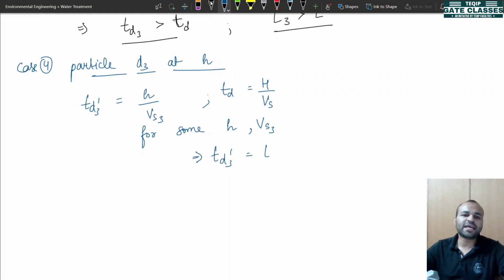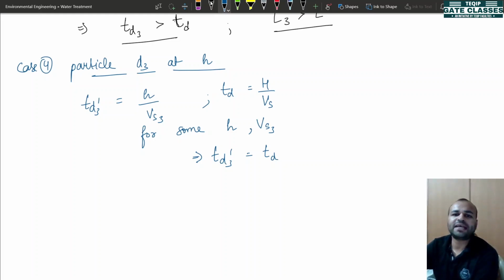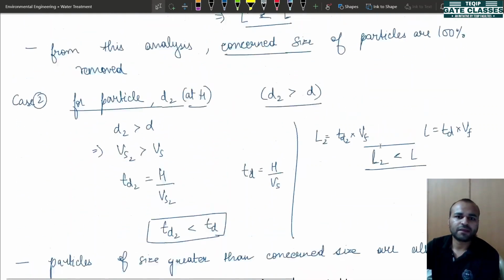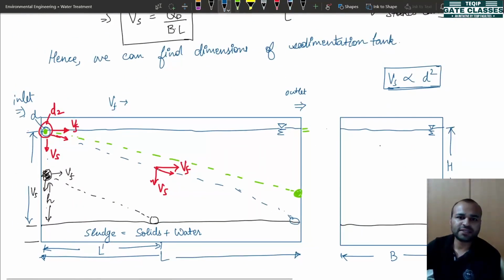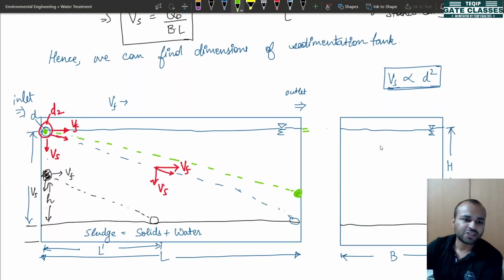That the time taken for that particle will be equal to the time taken for the particle at the top surface. Okay, in this case, see what is happening. This smaller size green color particle is at a height small h. Now this will take a different path, but eventually this is also settling down at the bottom of the